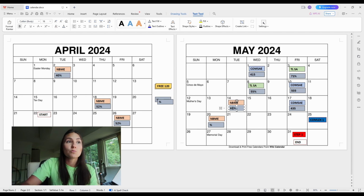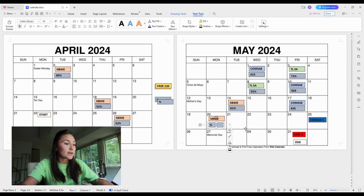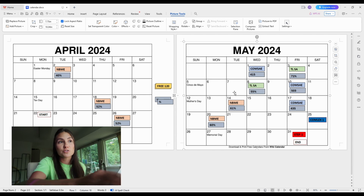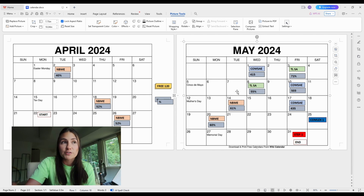And so I got a 61, which meant that I now had a 90% chance of passing. And then the NBME on the 20th, I got another 60%. So what I'm going to say here is if you go on Reddit and you look up what percent chance of passing you want, what percent you want to score in NBMEs before you sit for STEP, a lot of people on Reddit are going to tell you that you want to score in the 70s,